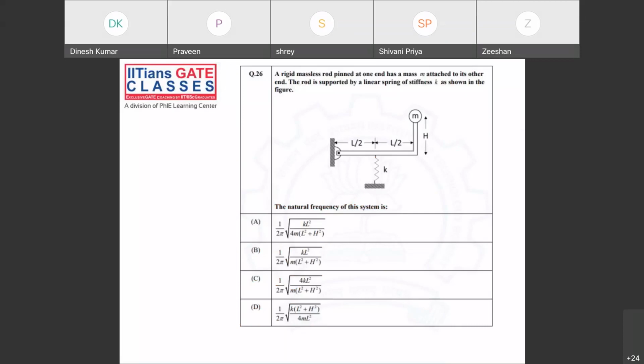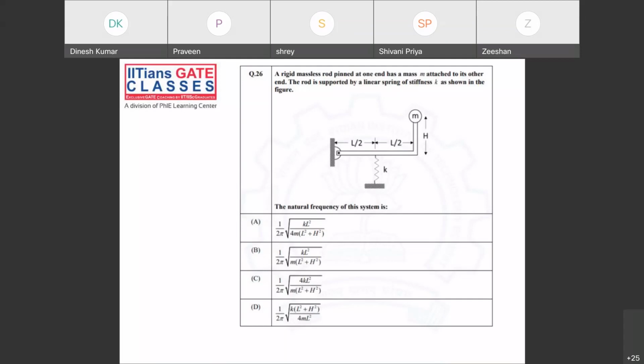Now this question. What happened in GATE, guys? They gave one answer, but they didn't mention any assumption here. I will tell you, when we solve this question, what assumption has to be there. Now I solve all the questions using only one method, Newton's method. I don't use the vibration energy method to solve any questions. Class students, you will be knowing. So this question also I will be solving using Newton's method.